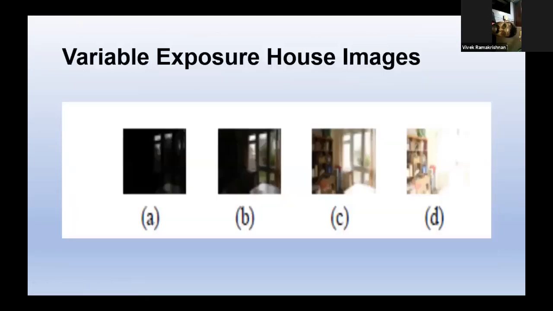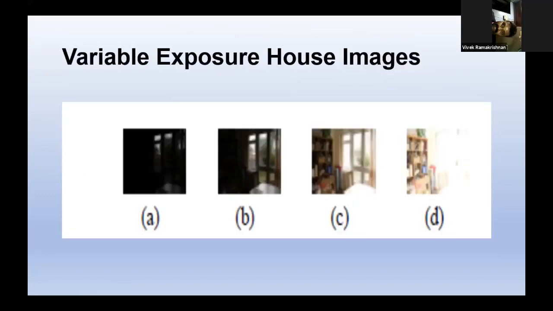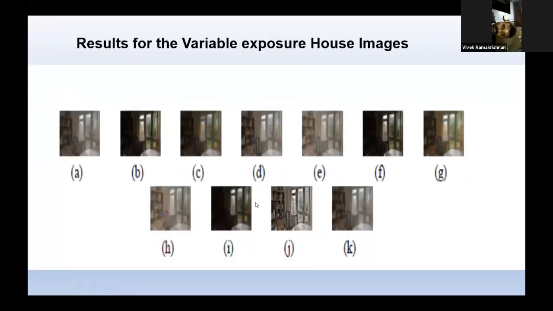So you can see these variable exposure images which are there here, and I obtain the results as follows. You can see here the kth image is the image obtained in our paper, with its quality map. Here you get some kind of effect in the NSST based approach, so this is more improvised. You get these artifacts here. You can see the cursor moving here, and here you just have the smoothing observed. And it is comparable to the bilateral filter based approach and the Savitzky-Golay filter based approach, and a lot of other techniques which are present in the literature.